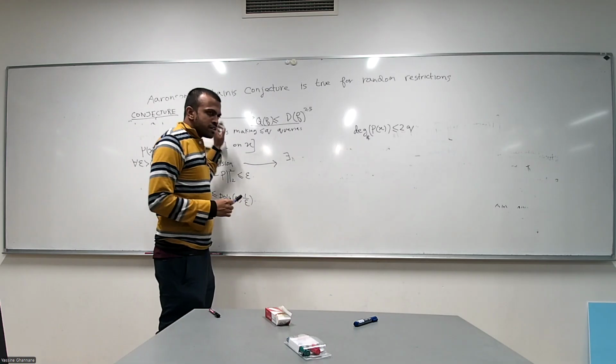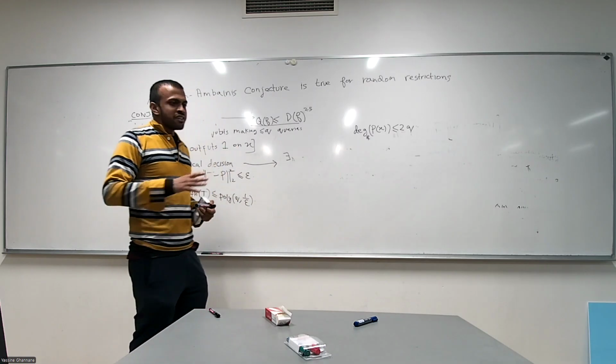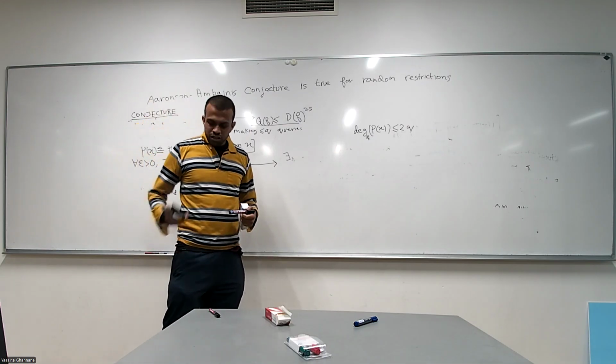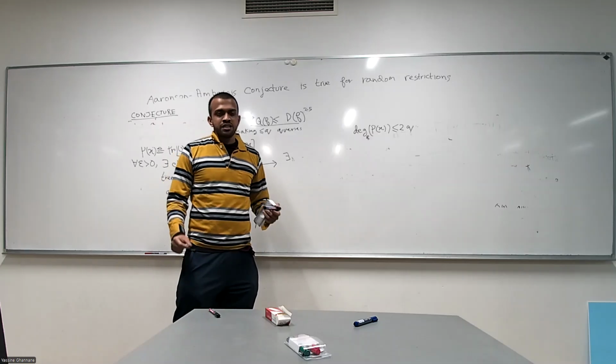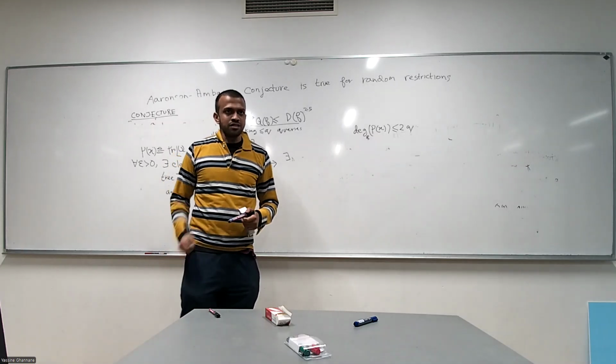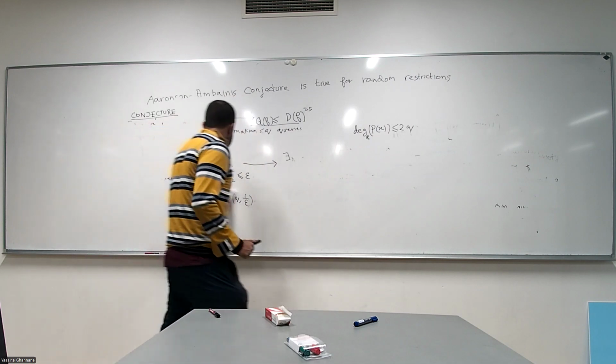Do I have to write this again or do people remember it? I hope people remember it. Given any low degree function, you can approximate it by a classical query algorithm whose depth is polynomial in the degree of the function.